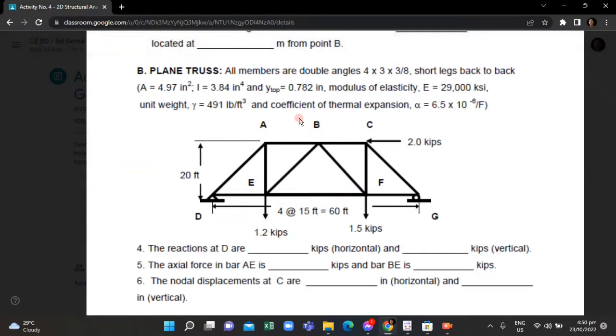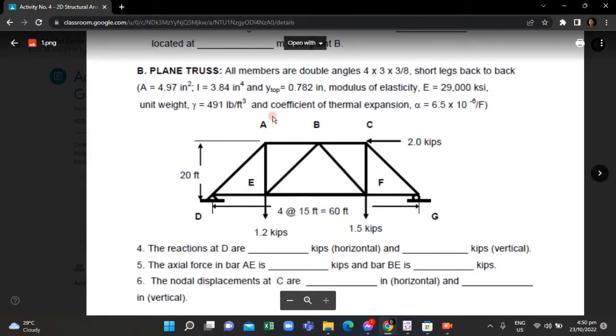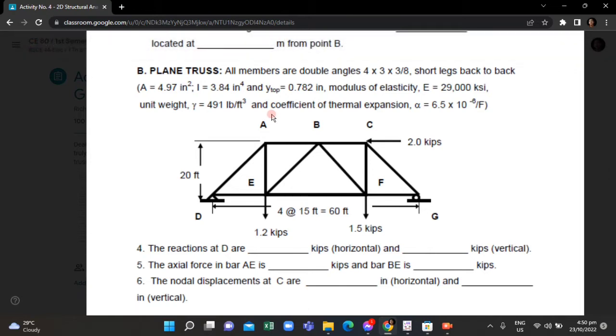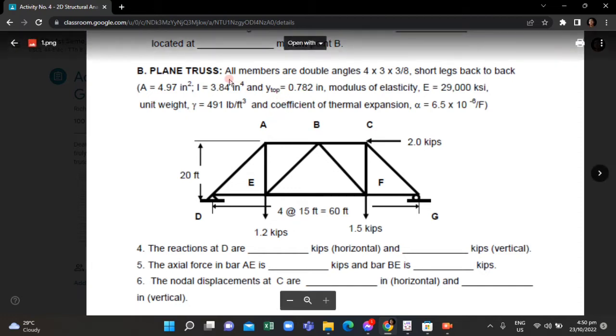Hi guys, so this is the preceding part of our video. In this case, we have a problem that is a plane truss, again solving with the GRASP software. On this problem, all members are double angles with 4 by 3 by 3 over 8 short legs back to back,